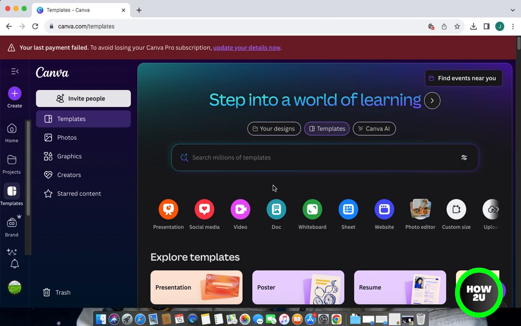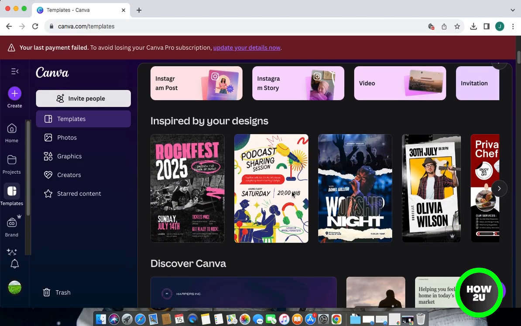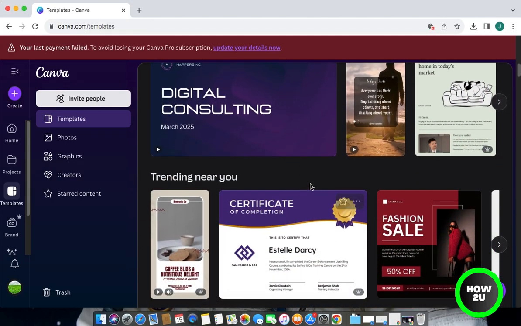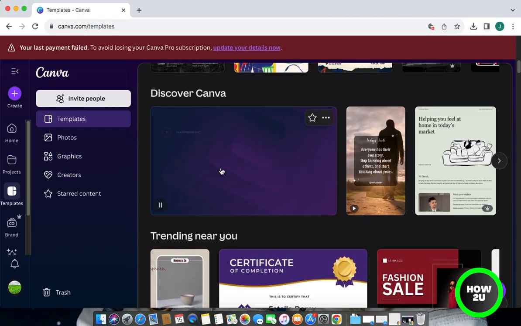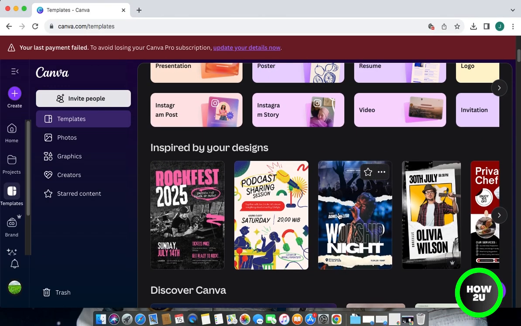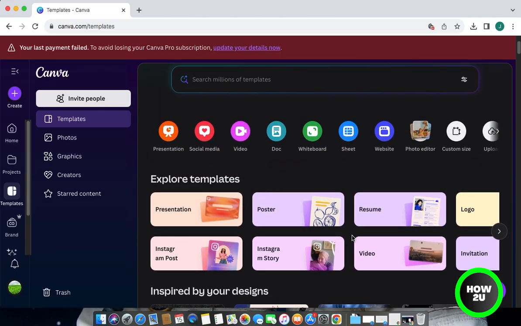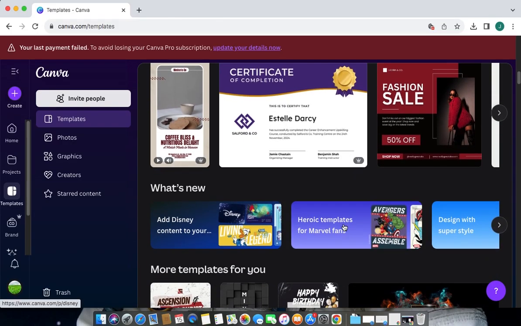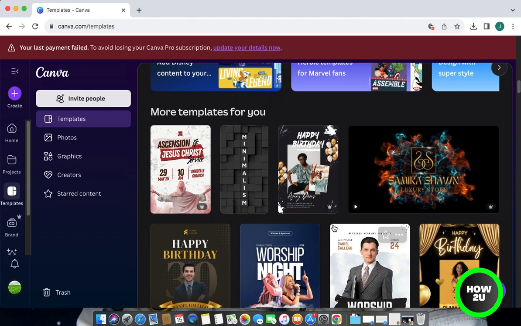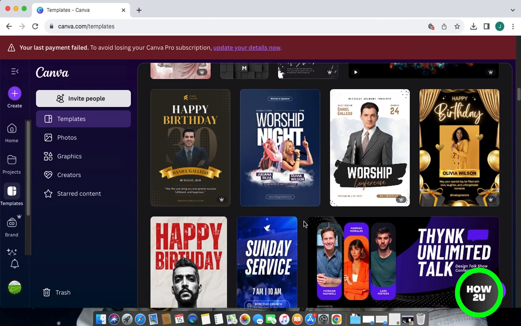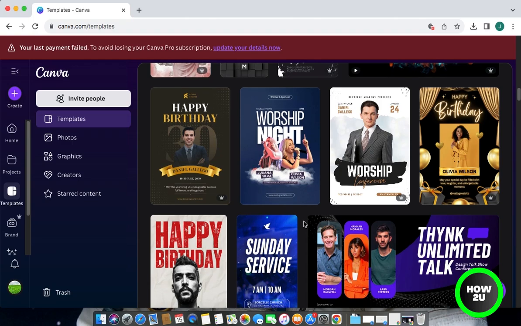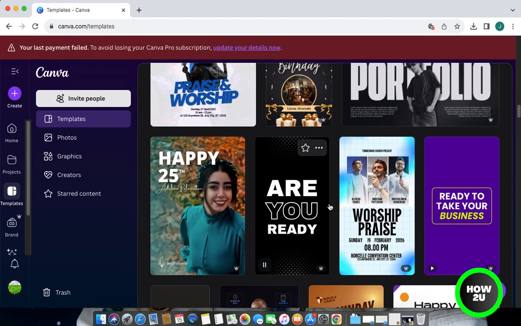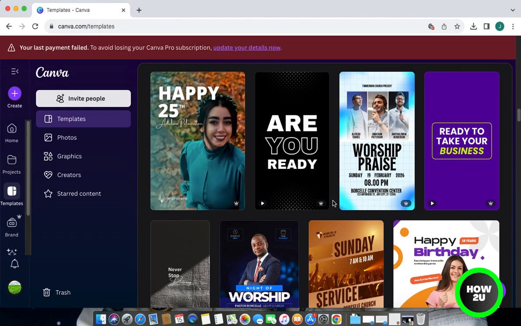All right, as soon as you come to Canva, it means that you have something in mind to do on Canva. It's either you're coming to design a poster, you're coming to make an animation, you're coming to generate a video, you're coming to generate an image using Canva AI, or you're coming to design a brochure, a magazine, or you're coming to do something that has to do with 3D. As a designer, or even if you're not a designer, you can leverage on the fact that there are templates that you can use,